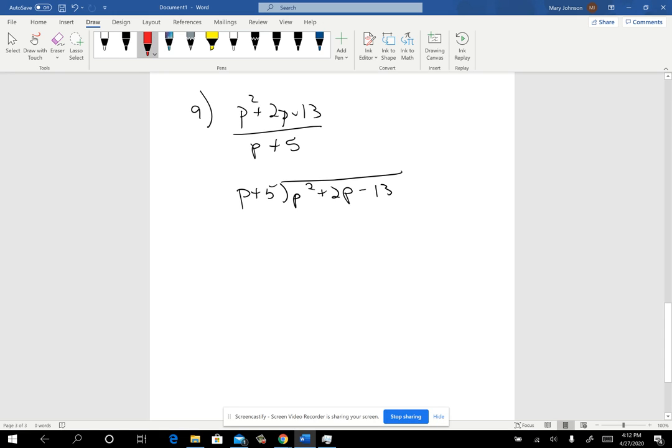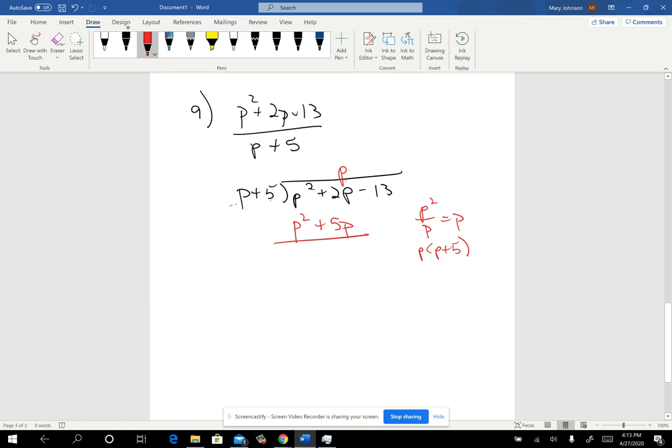So p goes into p squared, p times, and then you're going to multiply back. So some of us were doing scratch work. I'll show that in case you were doing that. So p on top, then p times the p plus 5 is the next step. And that's going to get written right here, p squared plus 5p. Okay. Hard part is this step. You have to subtract that entire